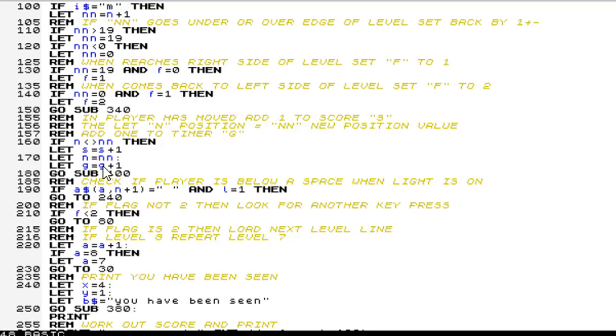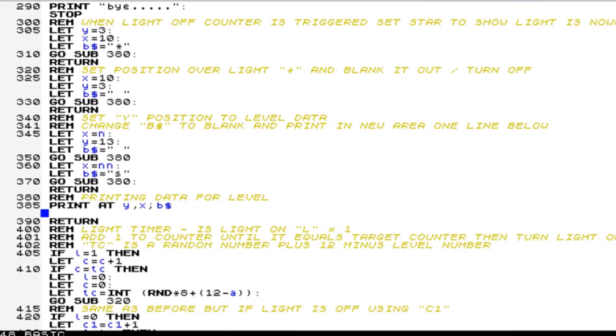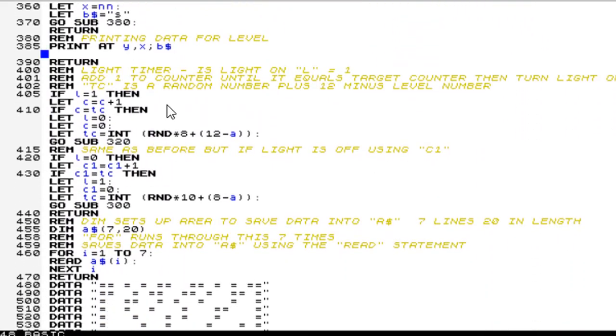And the G variable adds 1 just so it knows that the time has looped around through this bit of the program, and it will add 1 every time it loops through this part of the program. And jump down to subroutine 400. Now this bit controls the light turning on, so it'll add 1 to the counter until it equals the target counter, and then it will turn the light off. TC is the random number of the target counter plus 12 minus the level number. Now what that means is,